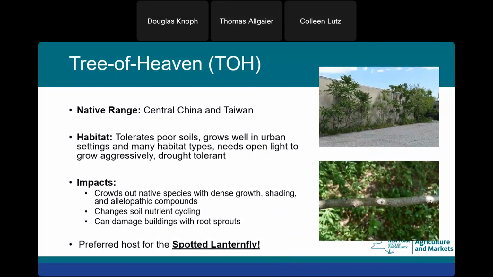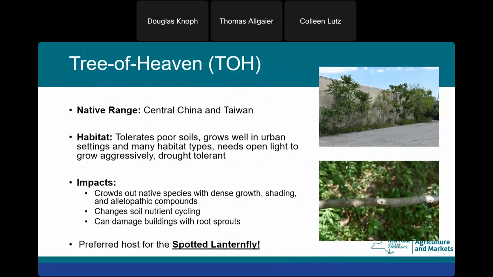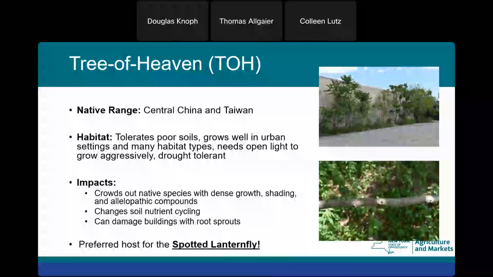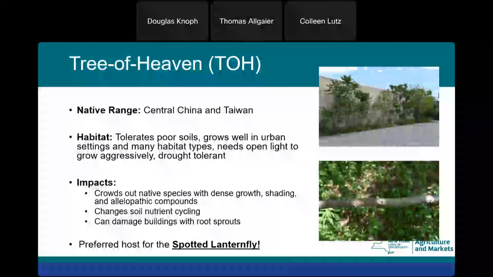Tree of Heaven, of course, we're a government agency, so we have to have acronyms. So, if you see TOH, it's Tree of Heaven, not Town of Hempstead. Its native range is China and Taiwan, which overlaps with spotted lanternfly, and so it has this host plant in its native range. It tolerates poor soils. It'll grow through almost anything.